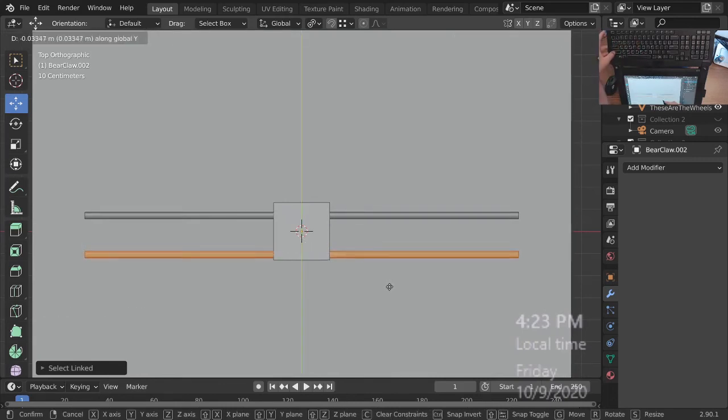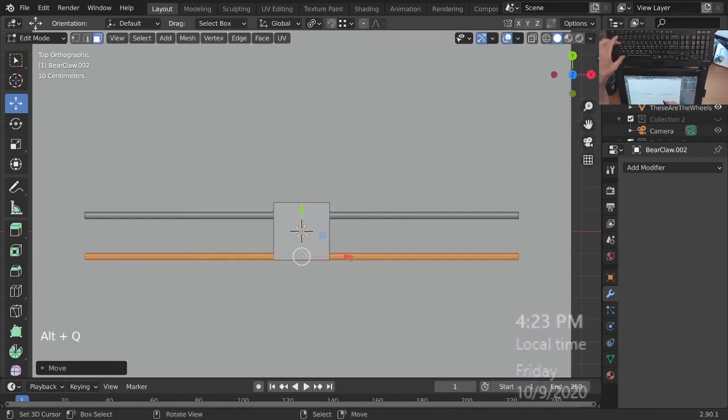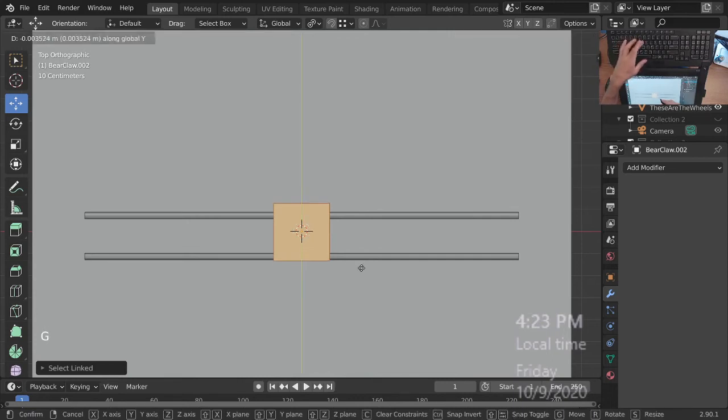I'm just going to separate these more then. And then eyeball this one